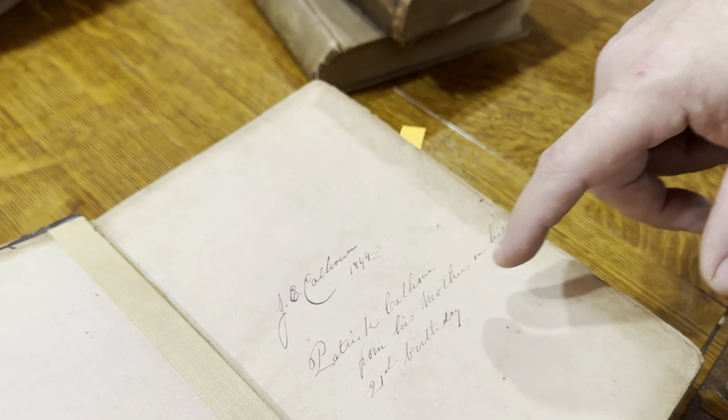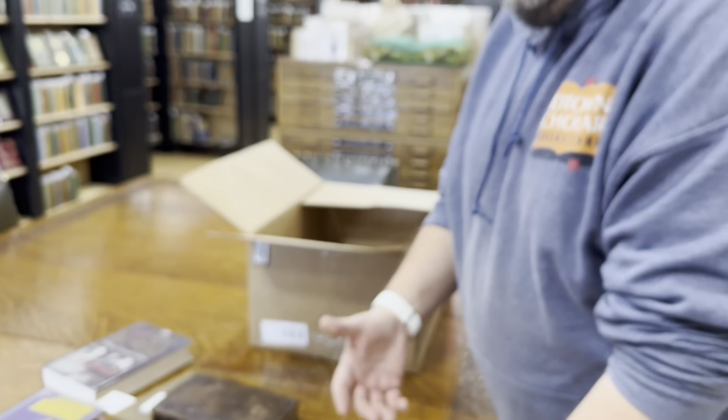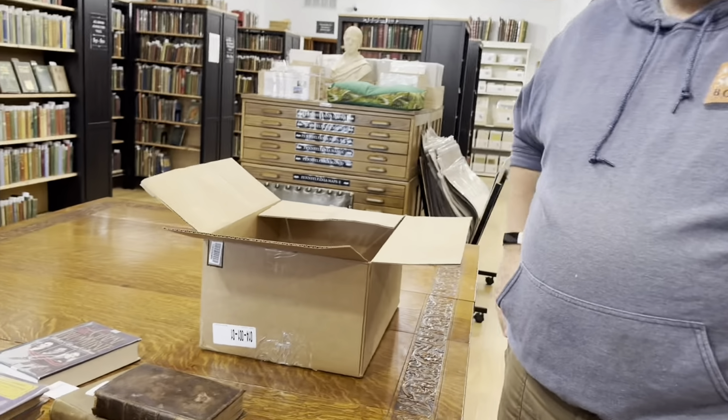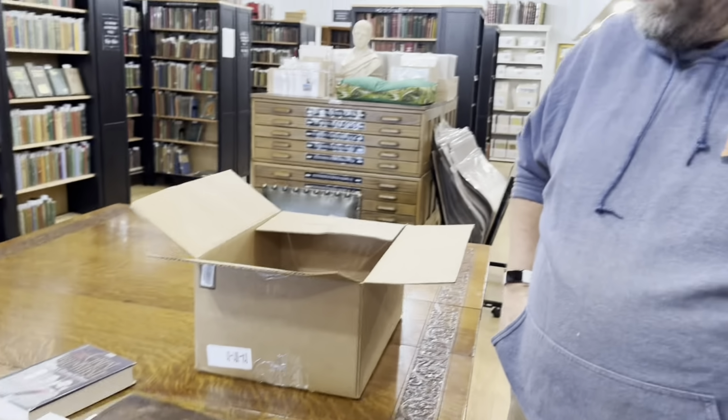Calhoun and Patrick Calhoun. The book itself is problematic because Patrick Calhoun, among other things, was a great scoundrel. He was most famous for bribing politicians in Maryland and the West Coast and all sorts of things. He also had chromium mines. So remember the poison books with the chromium yellow? Well, that all came out of Patrick Calhoun's mines when he wasn't bribing them to put up trolley lines and